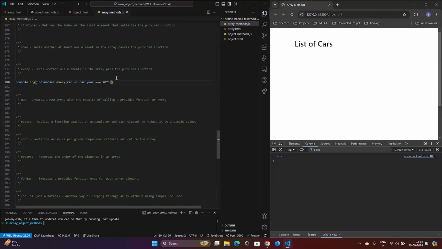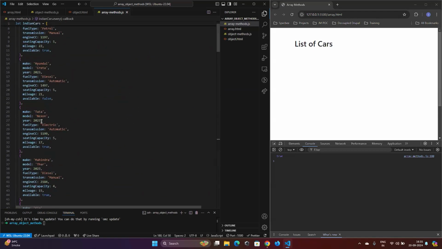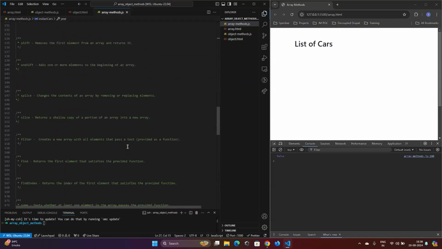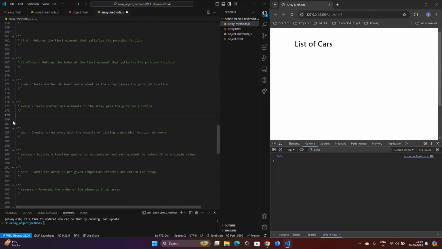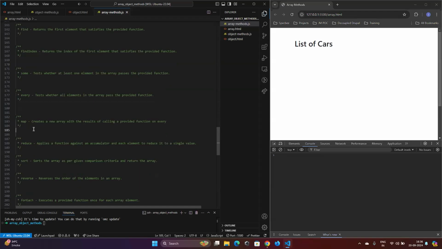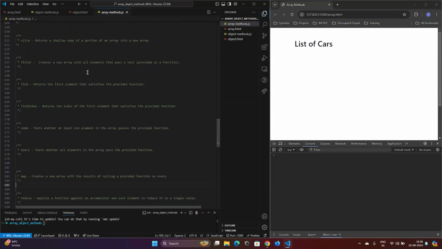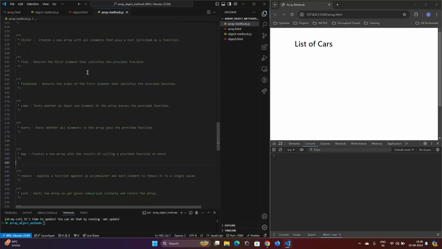Even if one of the cars, let's say I change it to 2024, it changes to false. So that's how every works. It will check all the elements and see if the condition that we are passing is passed by each of the elements. Okay, so those were the search operations that we could do with the methods that we saw earlier. Moving on,